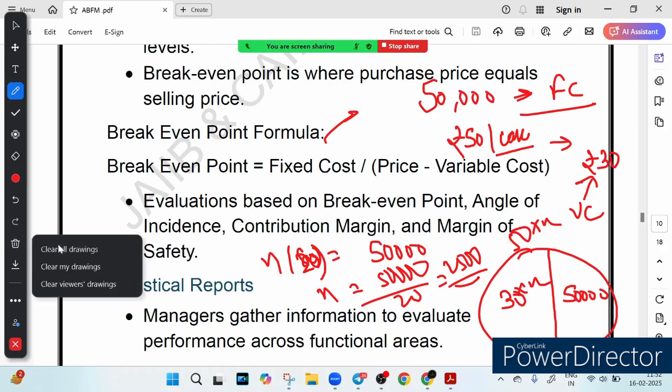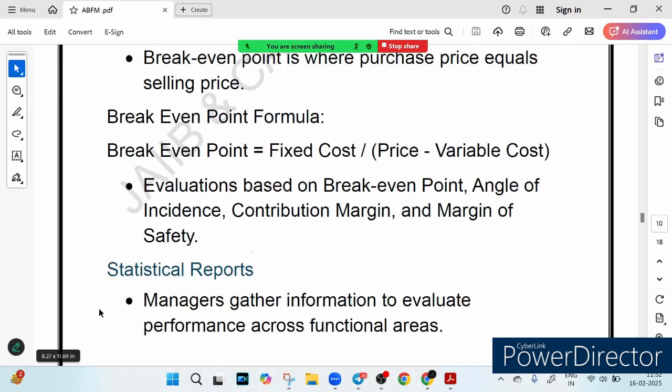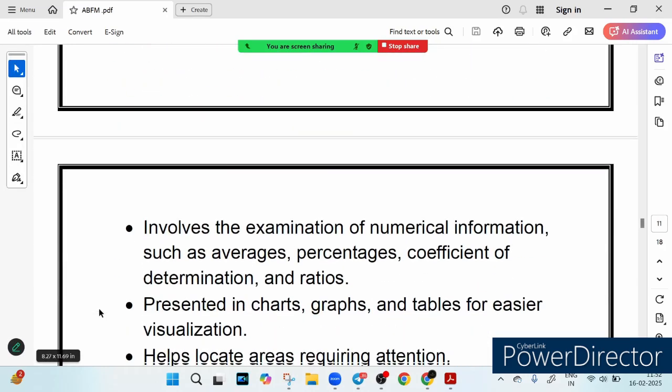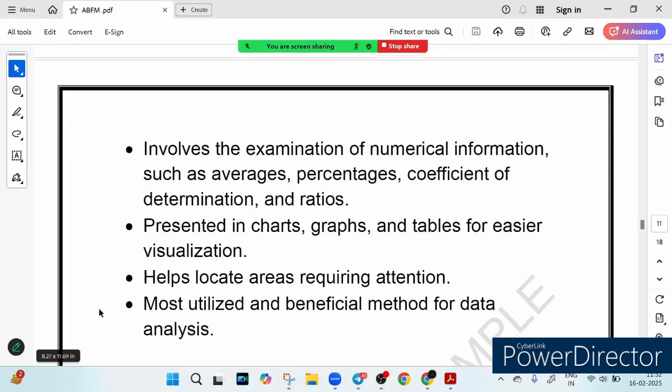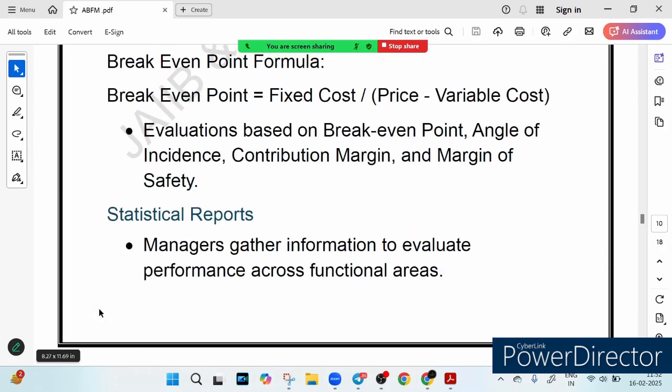So why is it useful? Because it predicts how much you need to sell before making profit, right? So this is called break even point, and it helps in decision making. It helps in pricing decisions. So if cost rises, should you increase your price or not? It guides business growth. It helps avoid losses by adjusting cost and sales targets. So what we learned from this break-even analysis is that before making profit, a business first covers its cost.